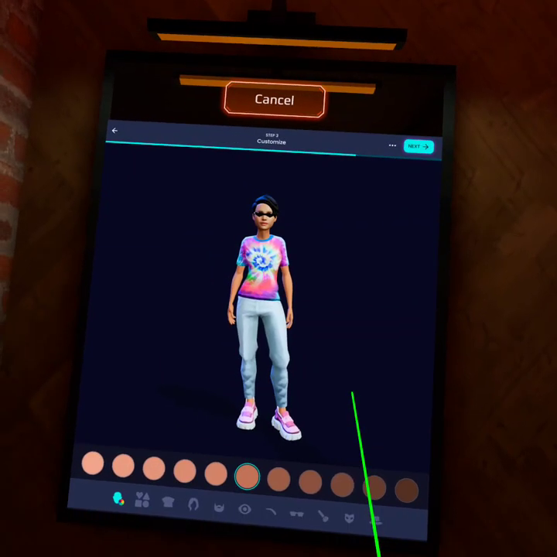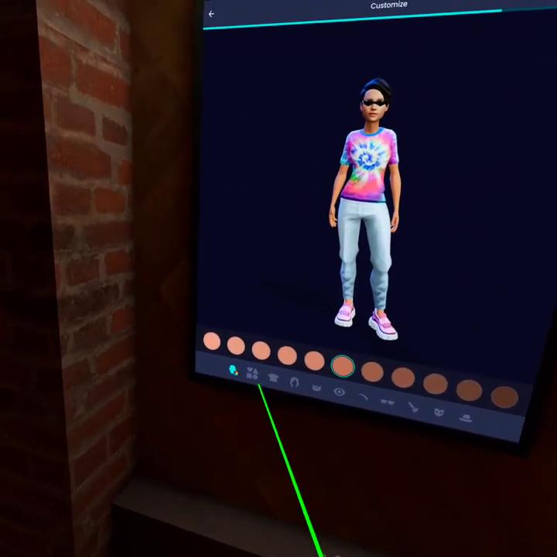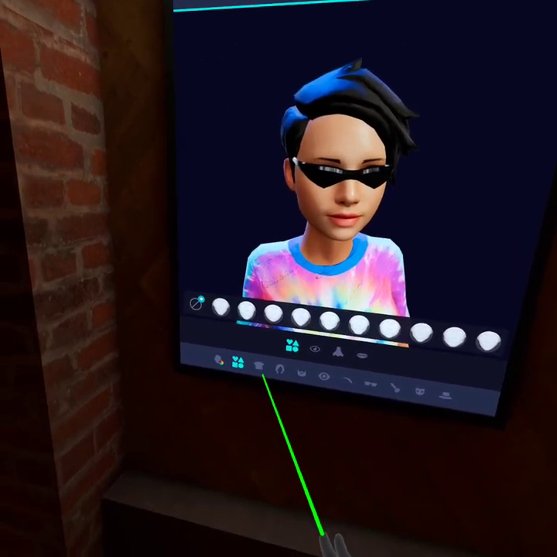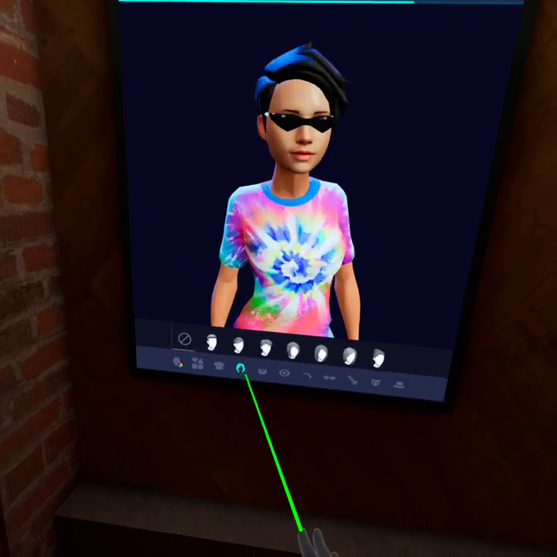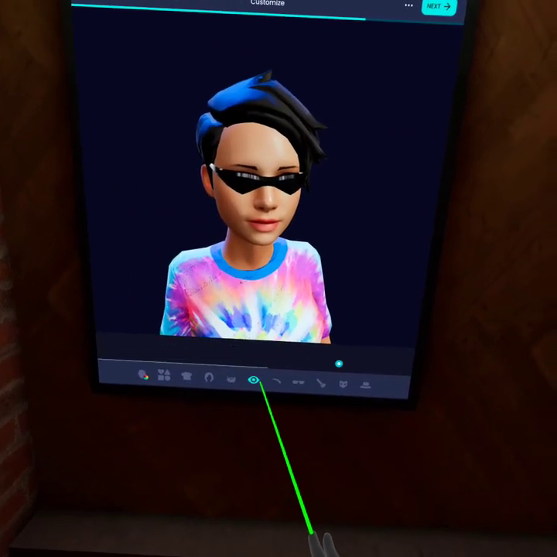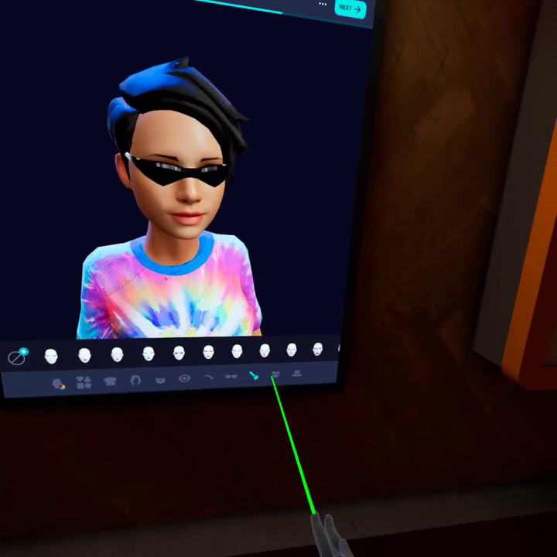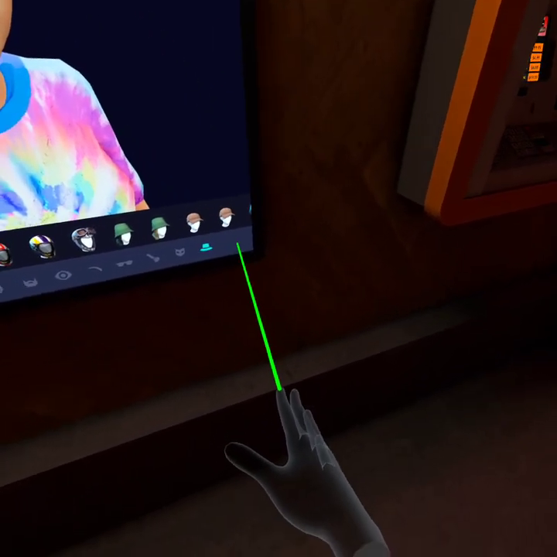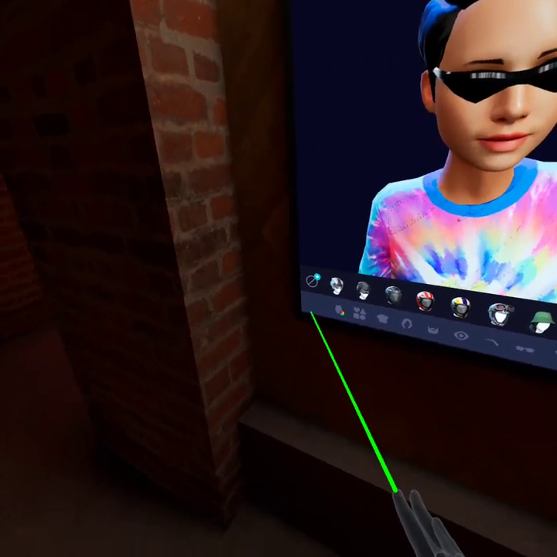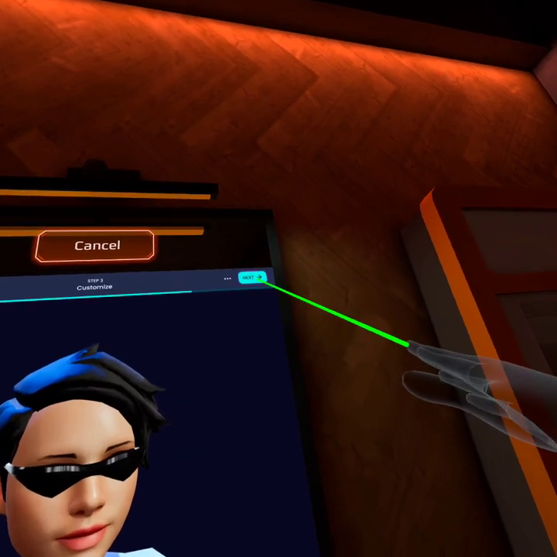I'm not going to go through step by step here, but you can change your hair color, face, shape, choose the body type that you want, head stuff, eye stuff, clothing, shades, hats, cat ears. I almost went for the cat ears. Then I decided no. All right, so when you're done,